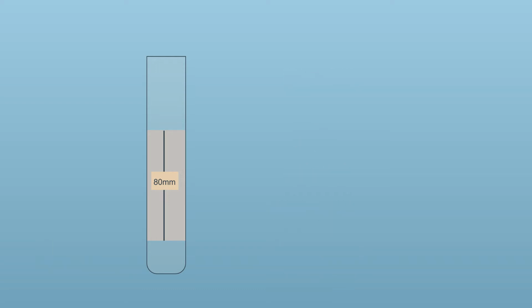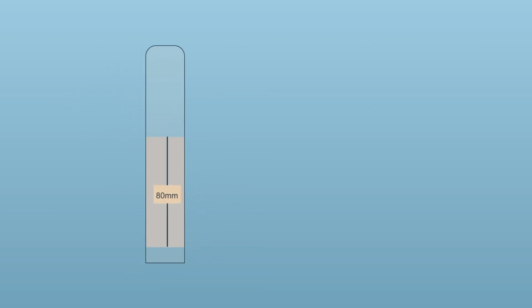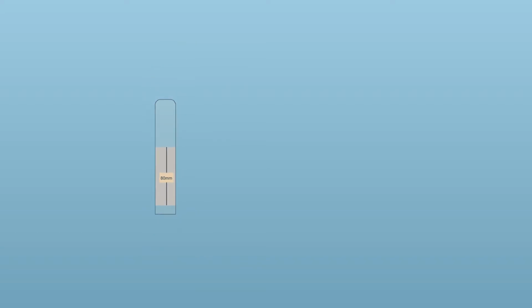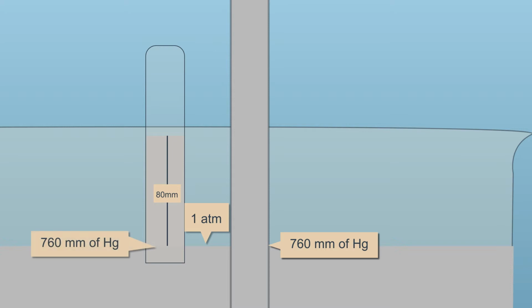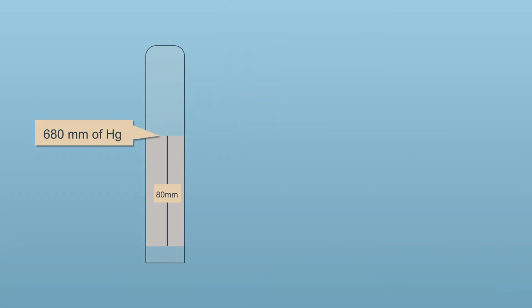Let's see the second part. If we turn this tube downwards, the length of air column increases as the pressure inside it decreases. Let's first find out the new pressure inside this trapped air. This configuration is same as this. At this level, the pressure of fluid is 1 atm, that is 760 mm of Hg. Same is here too. And if we go 80 mm upwards, the pressure here will be 760 mm minus 80 mm, that is 680 mm of Hg. This will be the new pressure of air column.